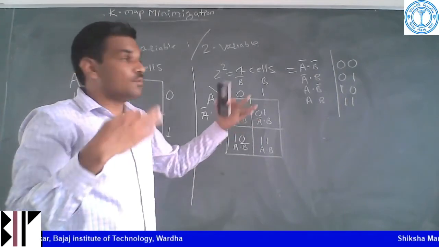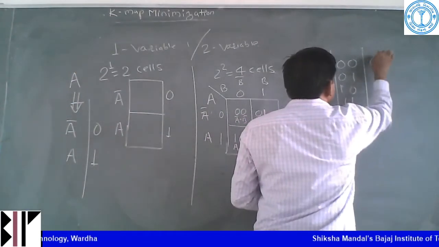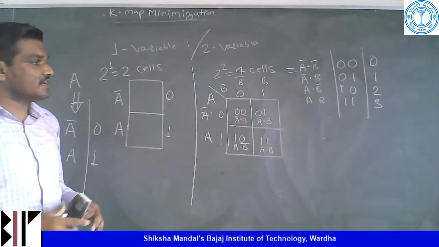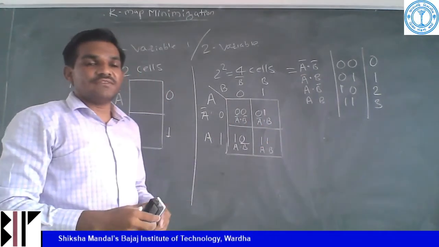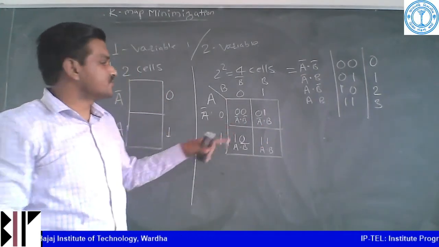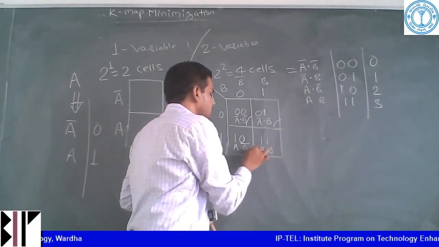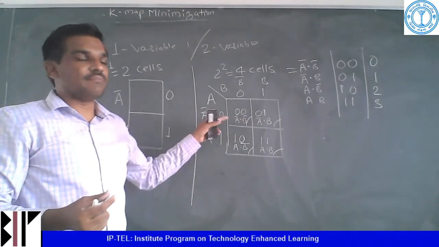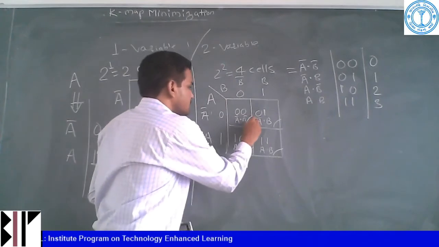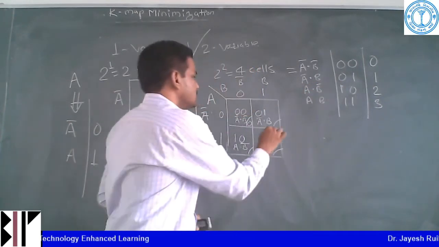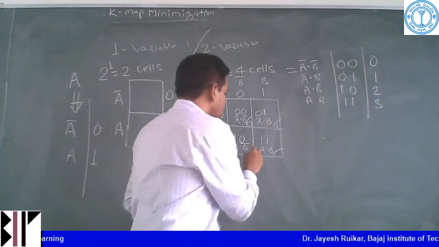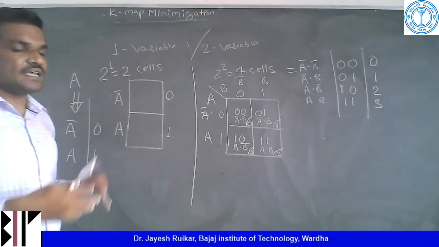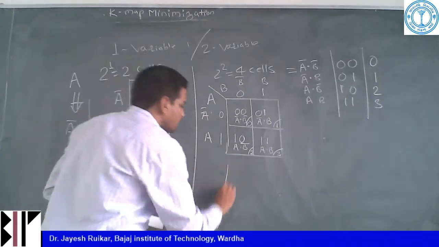If we look at the decimal values, this is my 0, 1, 2 and 3. Whenever you are going for simplification, you don't need to write everything. If you know only the truth table, based on the truth table you can write its value. So I am writing in this corner a very short number only to understand the cell number. So 00 represents my 0, then 01 represents my 1, 10 is my 2, and this is my 3. Next time whenever any question is asked and they have given some truth table, based on the truth table, what will I write?